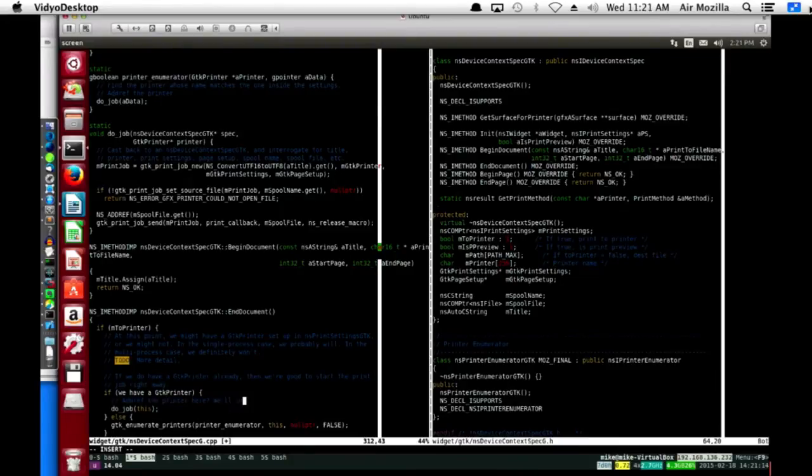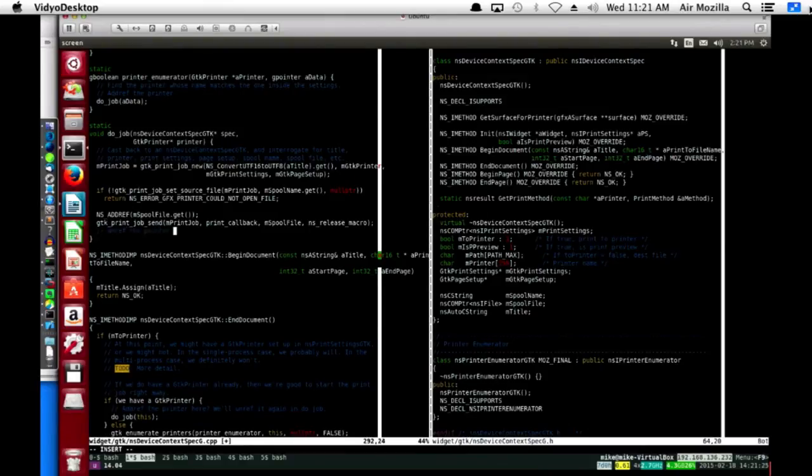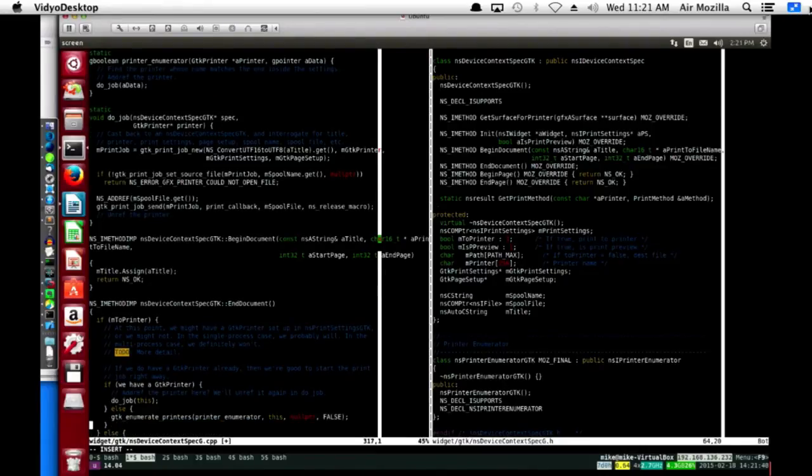We'll unref it again in do job. And then here we unref the printer. Add ref the printer. So no matter what, the printer has an extra reference to it, and then when we're done the job, we unref it in both cases. And that should be okay.